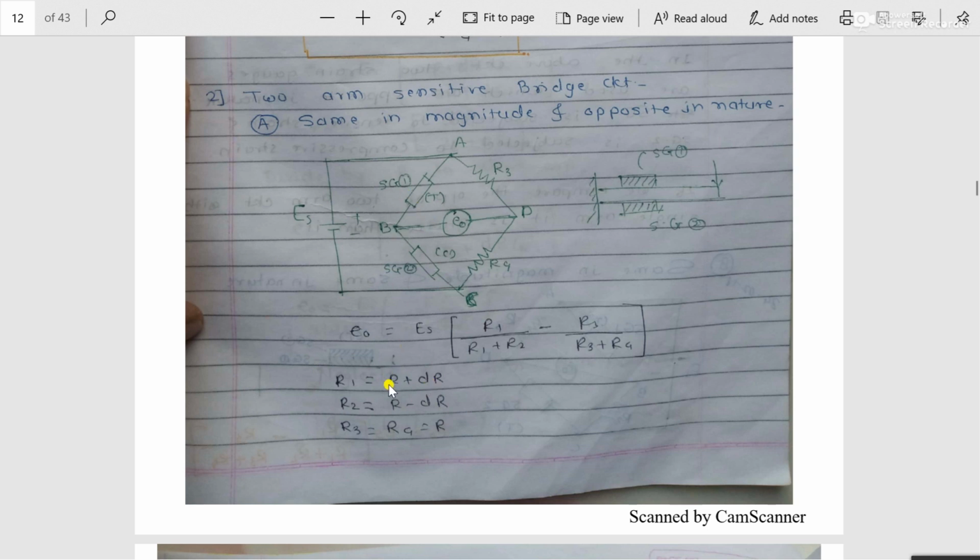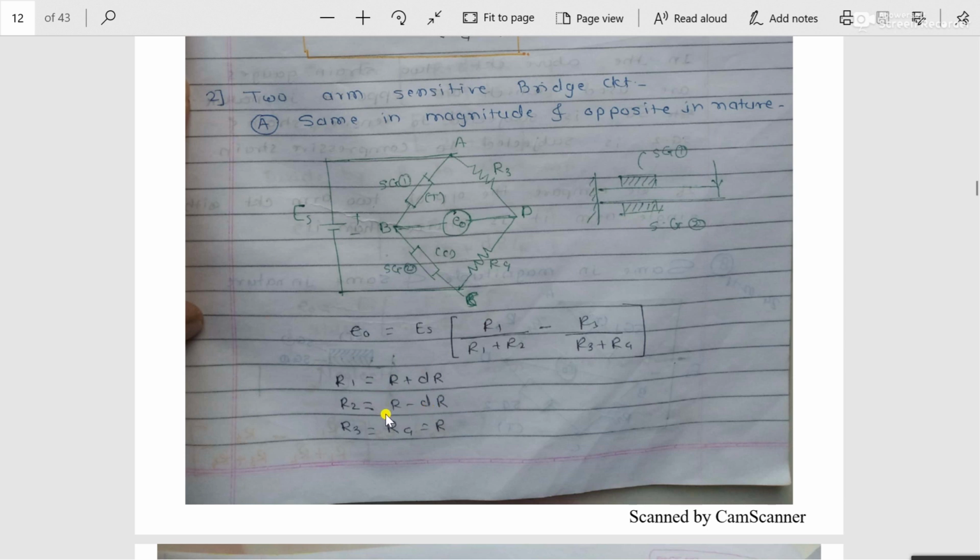That means before application, the resistance is capital R, and after the application of load the resistance of the strain gauge will get changed by delta R. And why is it plus, that is R plus delta R? Because strain gauge 1 is subjected to tension, which means the resistance increases. At the same time, due to the same load, as we know that strain gauge 2 is pasted at the bottom side, I have to calculate the value of resistance R2. Therefore R2 is equal to again capital R minus delta R.